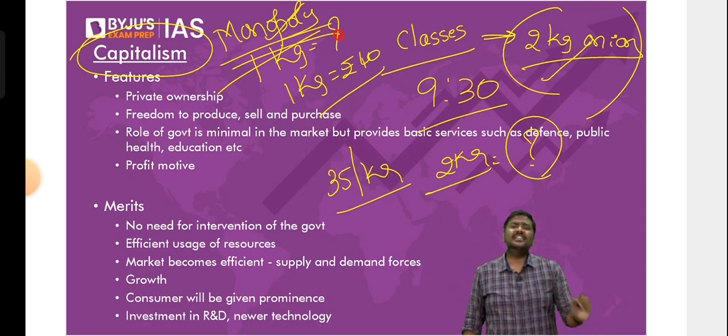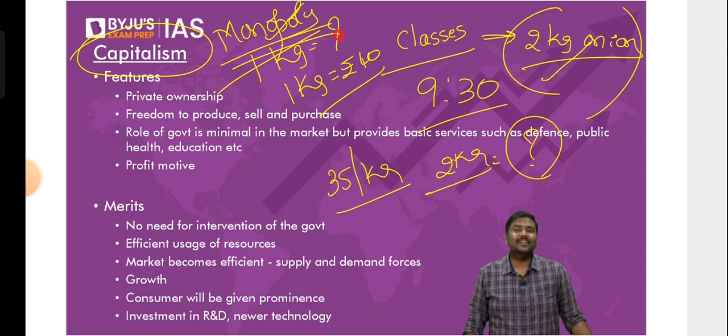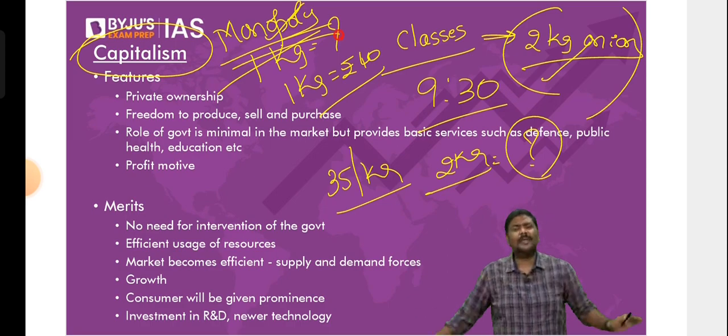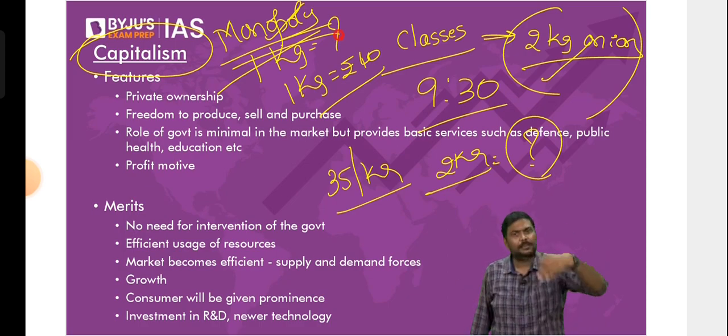For example, you go to the market. Imagine there's only one vegetable vendor, only one person who's selling onion. Where is the bargaining power? What can you bargain? He looks at you and says, not a rupee less than 40 rupees per kg. No bargaining. I will not reduce the price. Want to purchase, purchase. If not, go ahead. Move aside, other people are waiting. So the idea is simple here.